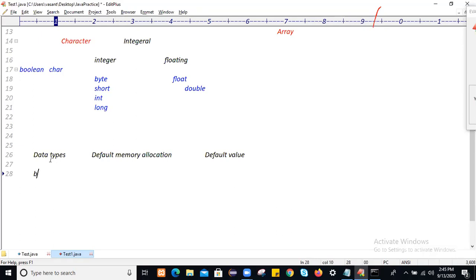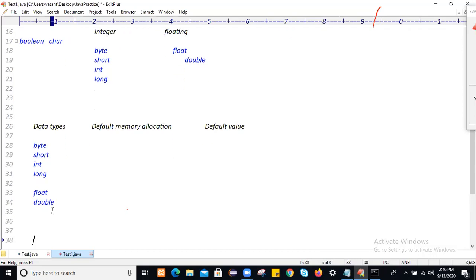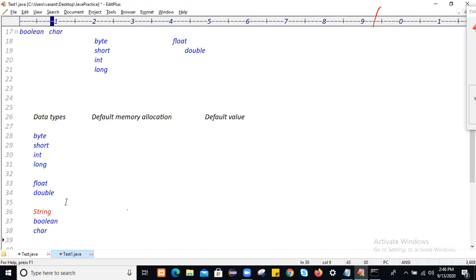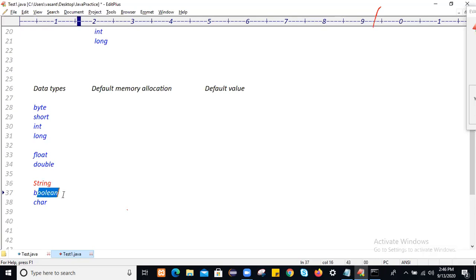We have integer types: byte, short, int, and long. These four are integer types. Then two floating types, float and double. These are floating point data types. And then one more, which is user-defined, string. Then we have boolean, and then character type, char.